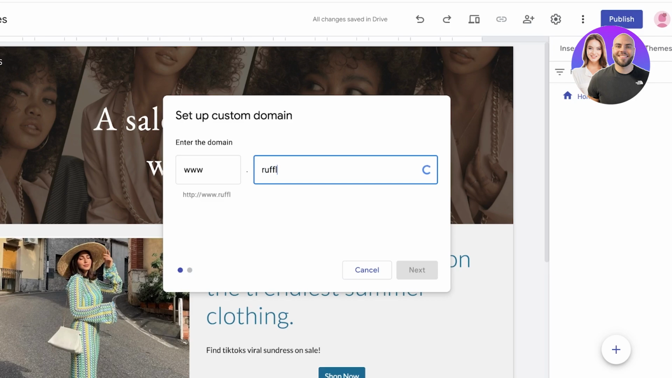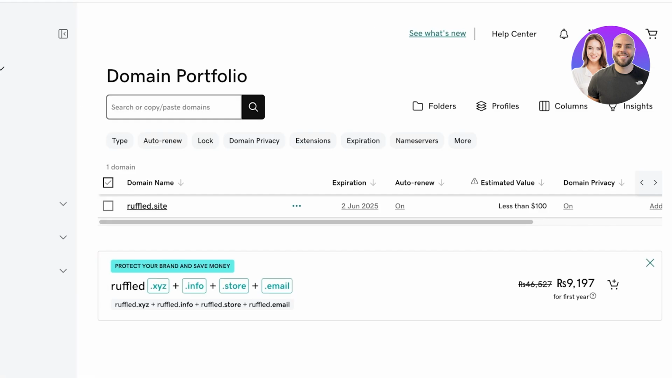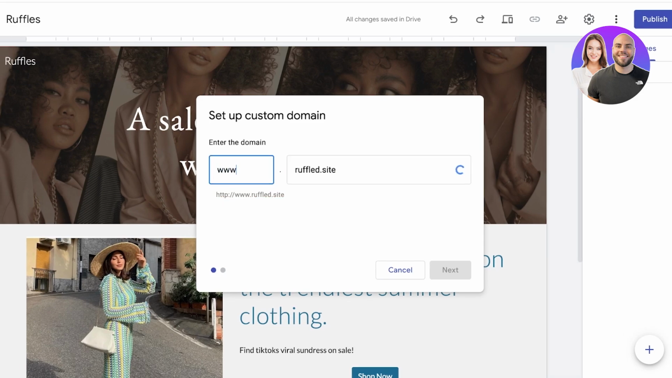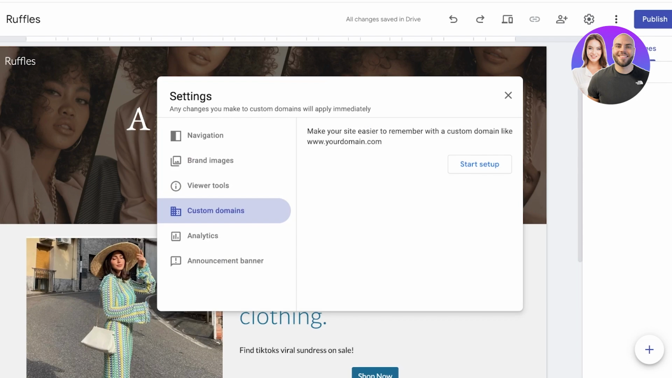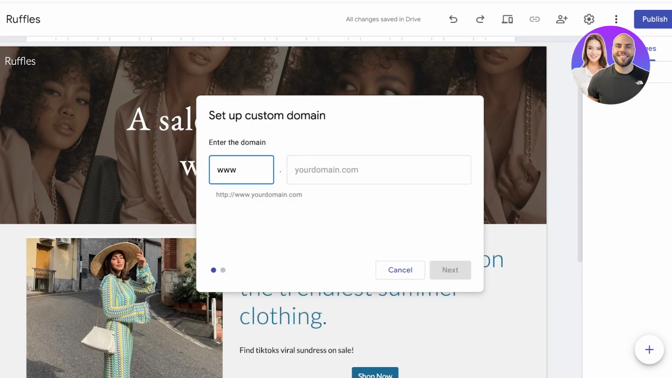We're going to add ruffled.site like this. That is our domain. We're going to verify that this is our domain on GoDaddy. So this is ruffled.site, and this is www.ruffled.site. Currently, it says this isn't a valid domain. We're going to click on Start Setup, and we're going to add